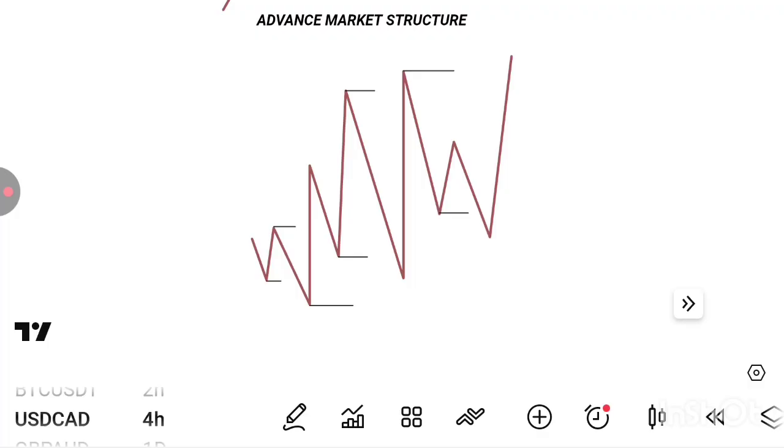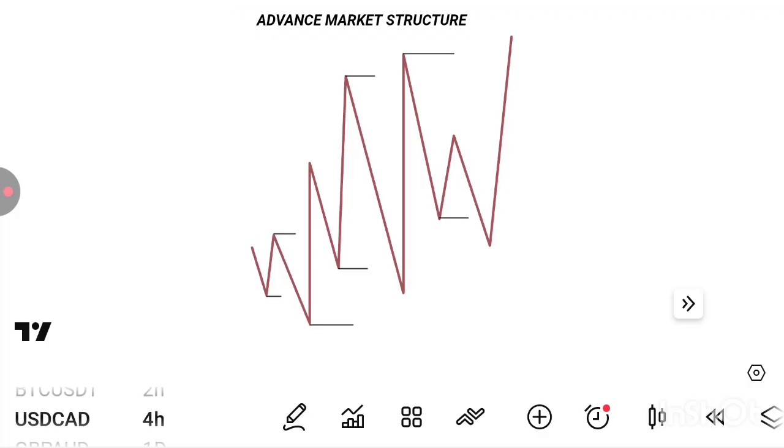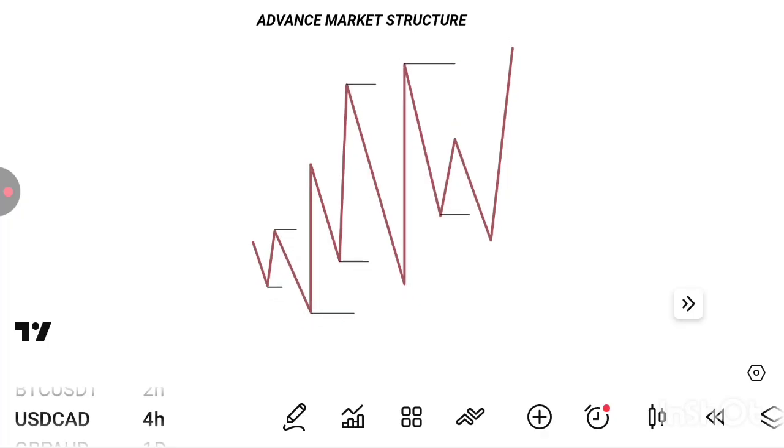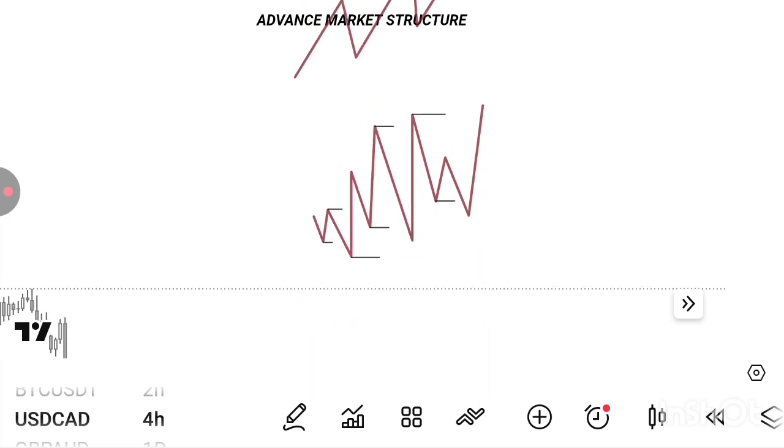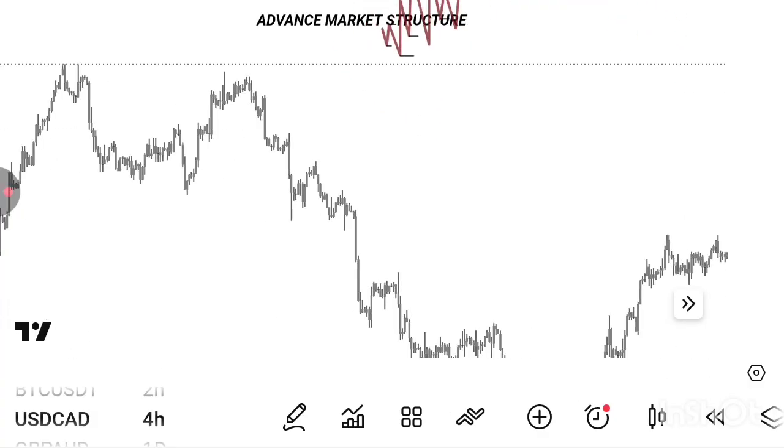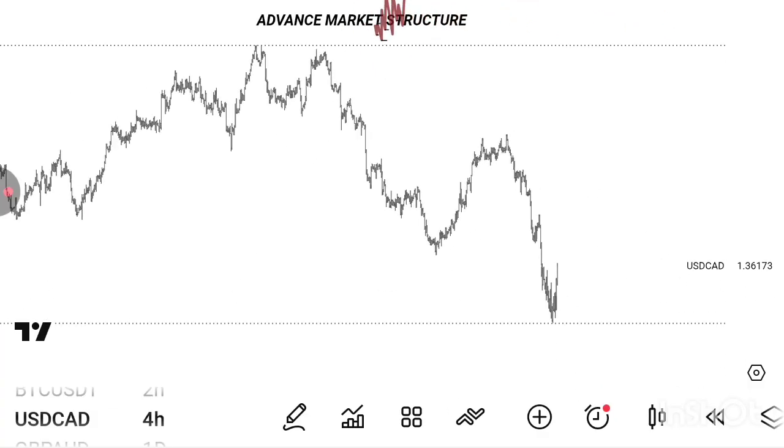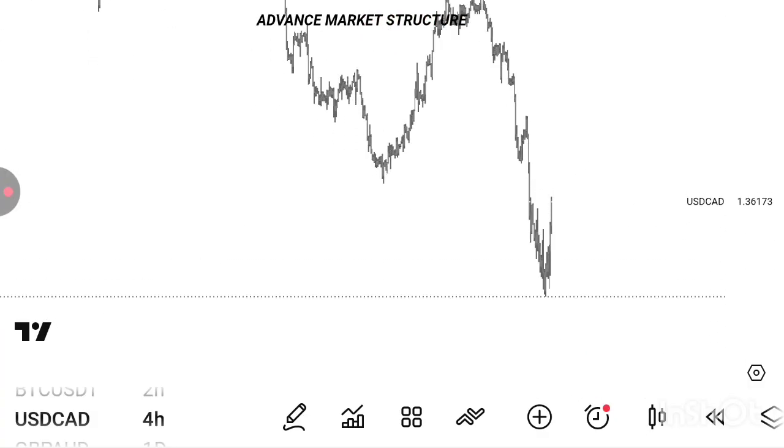That part is going to be on key level. So without wasting much time, let's go on to the chart and let me show you real market examples, because I don't want this particular video to be long. I just want it to be 20 minutes or 20 minutes plus, right? So let's go on to the chart. Let me show you real chart examples of how